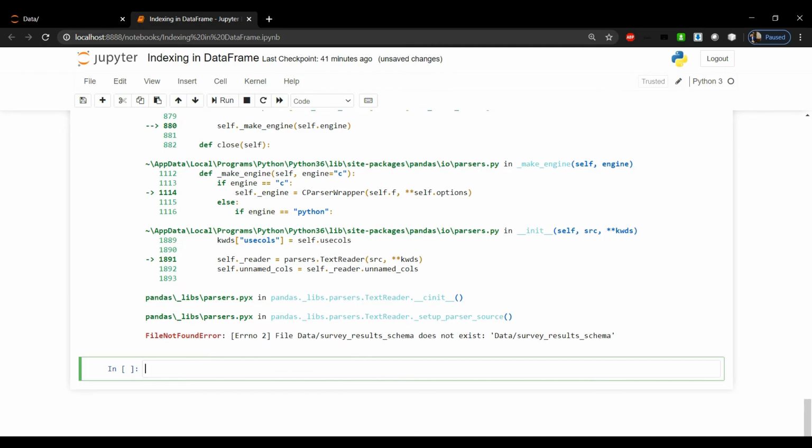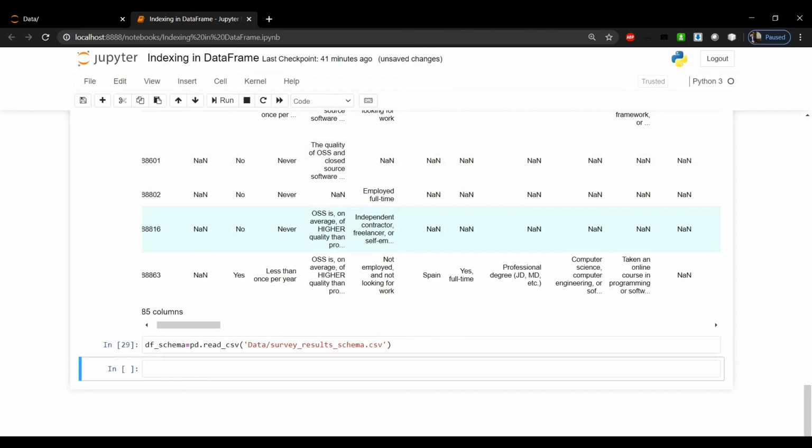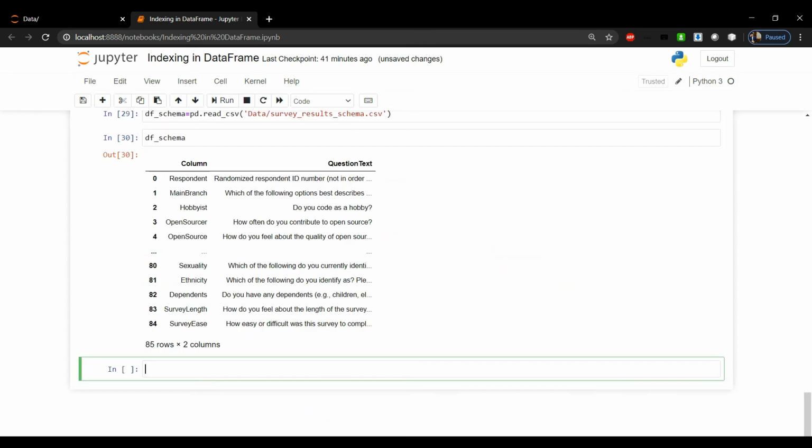So here we got an error, so we just made a mistake: .csv, don't forget to pass the extension too. Now let's see what this df_schema contains. Let's run this cell. So here we got the df_schema data frame.